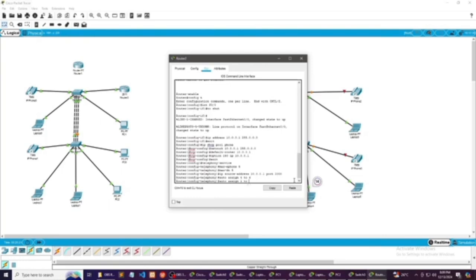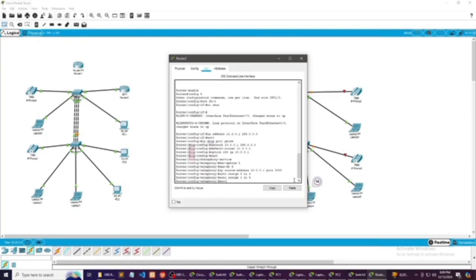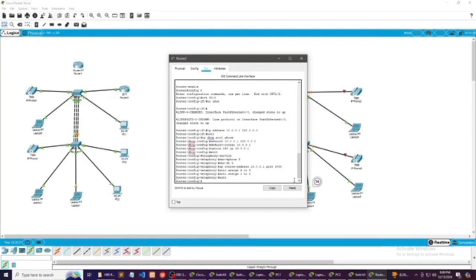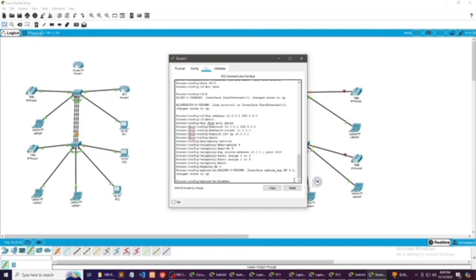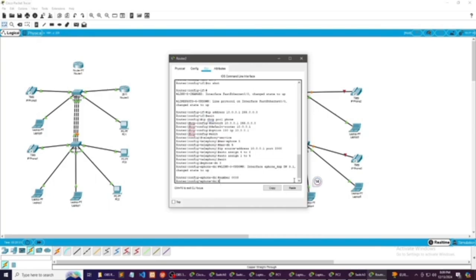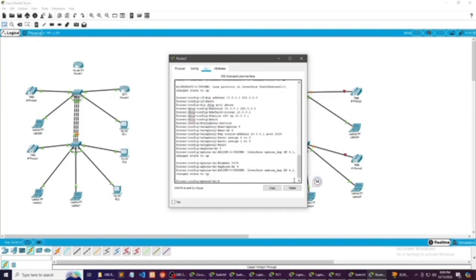And then tap exit, enter, then ephone-dn 3, and space 1, ay 3, in 3. Yeah. Then enter, the number 0003. Here we use the ephone-dn 3. On the other we use 1, then enter 2 times, then we use 003 as the number. And the other router we use 0001. No? And after that, you may close it, go to the switch, go to CLI.